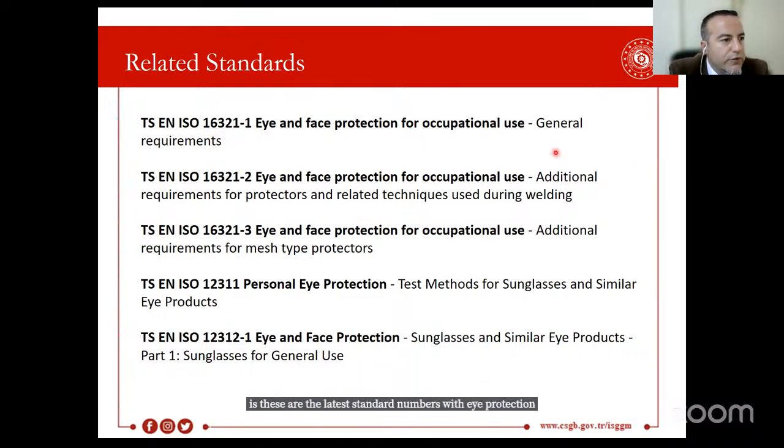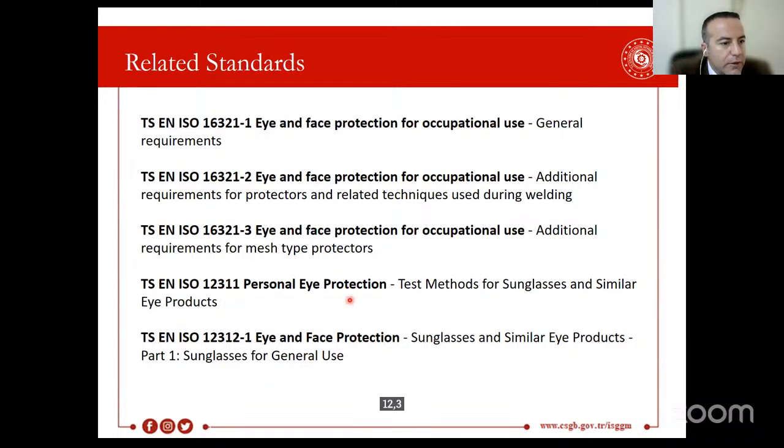For example, general requirements is 16321, and this is for 1 general requirements, 2 is additional requirements, and 3 is for mesh type protectors, and these are related techniques during welding, and